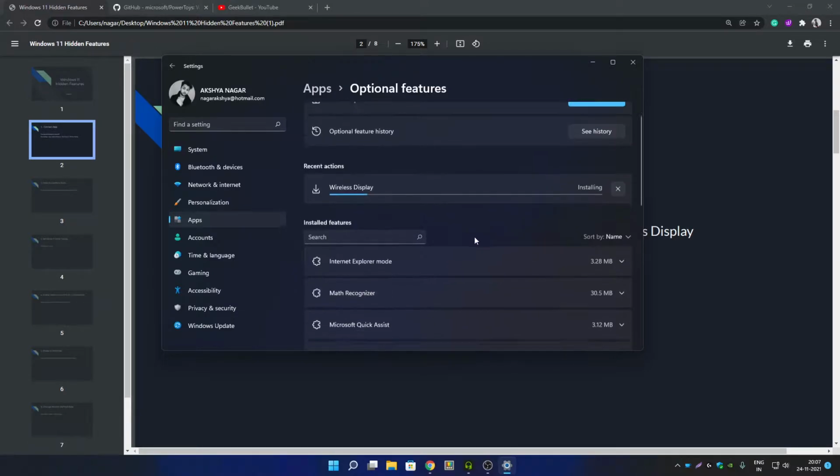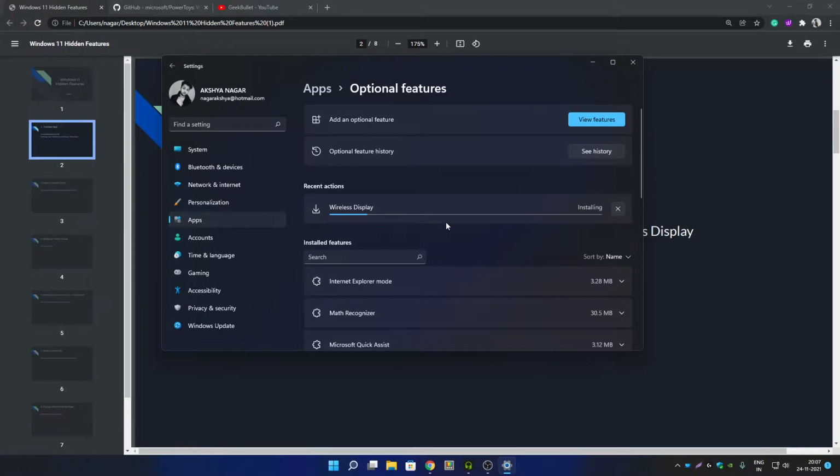This is a very useful feature, but make sure your Windows PC and your Android device are on the same Wi-Fi connection. Also, if you want to know how to cast your screen, just go to your Android device settings and search for cast, and from there enable wireless display, and you will be able to find your computer name. After that, just tap on your computer name and you will be able to simply cast or mirror your Android device screen to the PC.